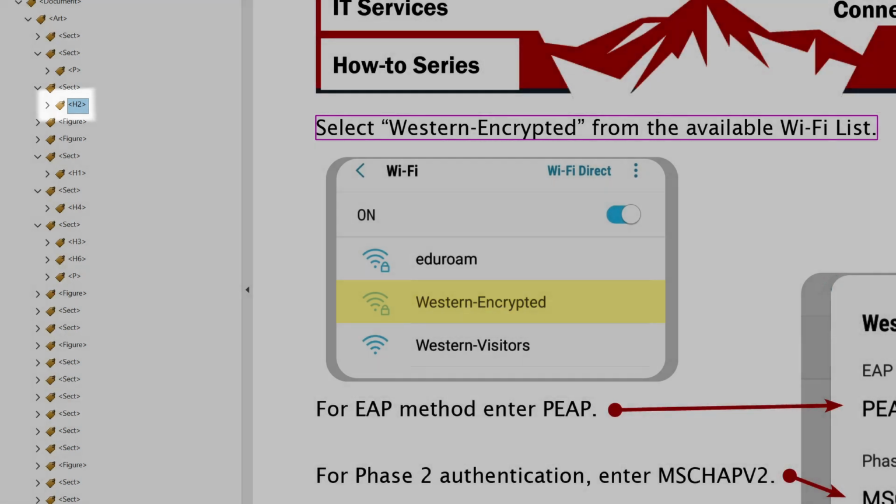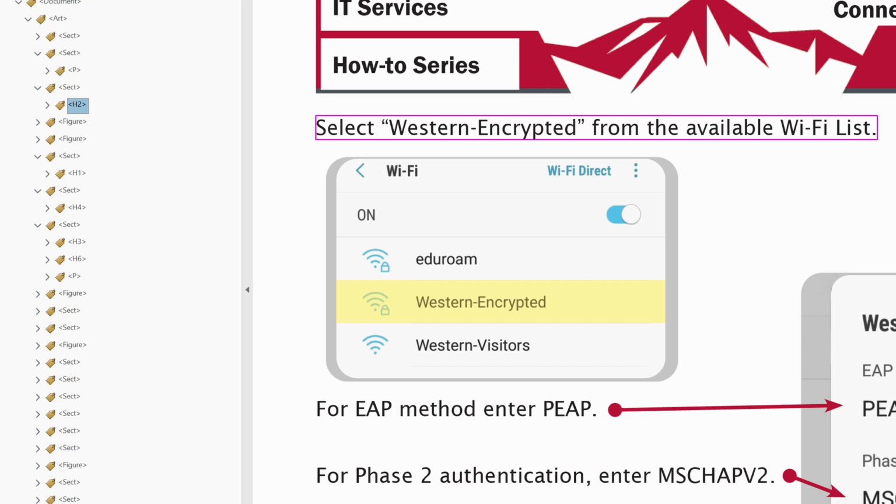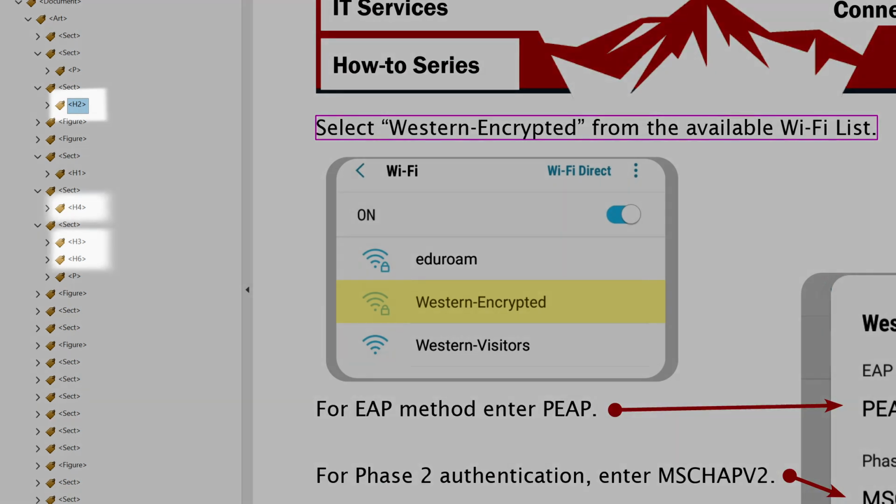This is incorrect. Headings in a document need to be tagged in order, H1, H2, H3, and so on. Where we see the most failures is that the first heading is not tagged H1. In this example, there are several headings which are mislabeled. The first heading is labeled H2, so we need to change it and make sure subsequent headings are tagged in